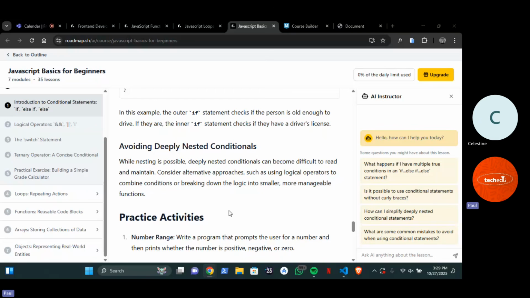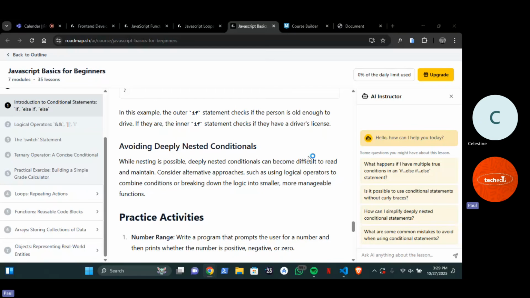Now, one nesting is what possible. Deeply nested conditions can become difficult to read and maintain. Consider alternative approaches such as using logical operators to combine conditions or breaking down the logic into smaller and manageable functions. Now, what he's saying is that if you actually nest elements a lot, you will definitely see nesting when we get to some deep